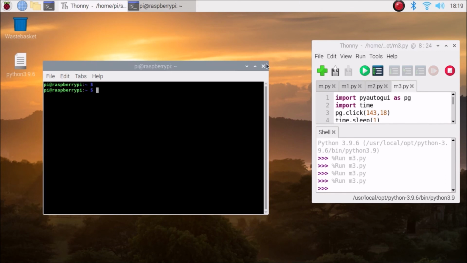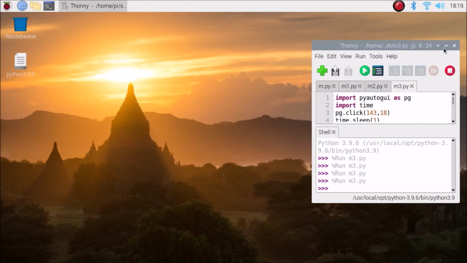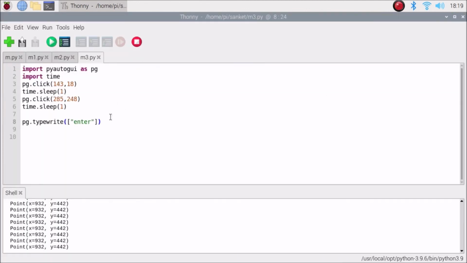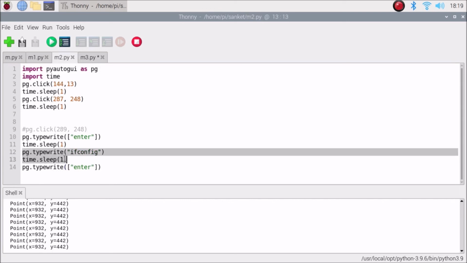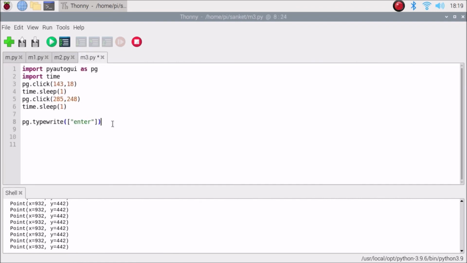Now what we want to do is simply mention our ifconfig command. So again we are going to go here, and as you can see I have mentioned here the ifconfig command. So simply pg.typewrite and mention the command which you want to type, copy and just go here and just paste. So this is the command which we want to run.